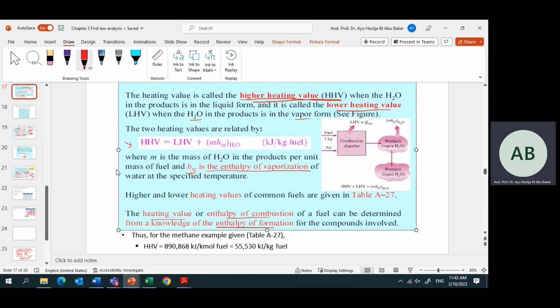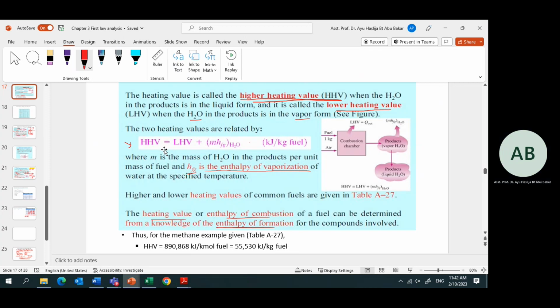So this equation is required to find the HF for liquid propane. We are required to find the HHV. The HF given in A26 is LHV. Now, using this equation,